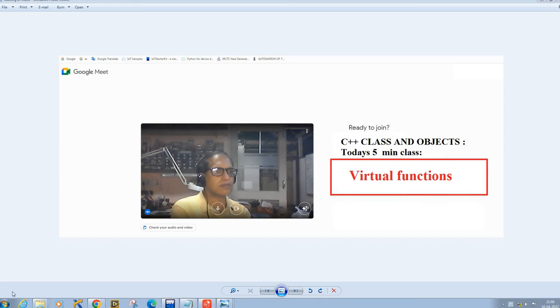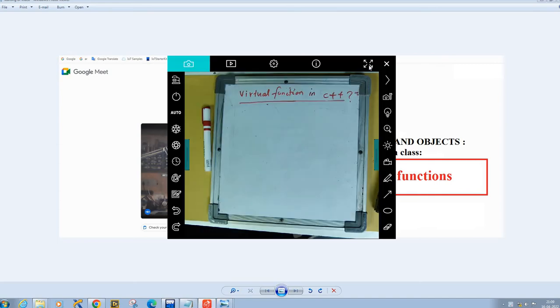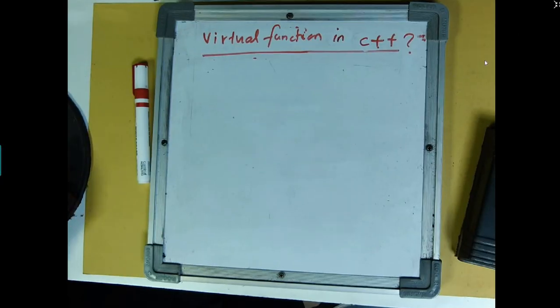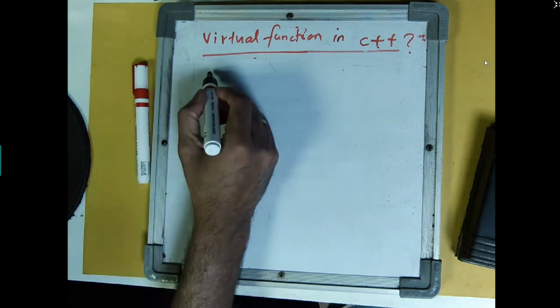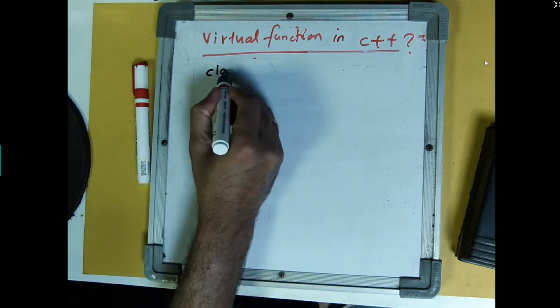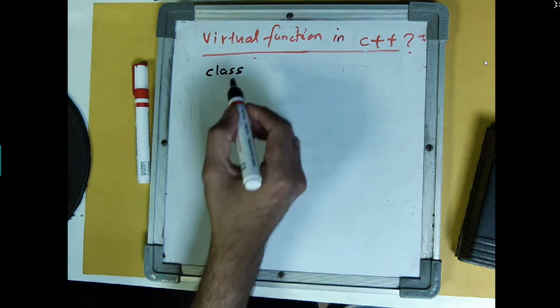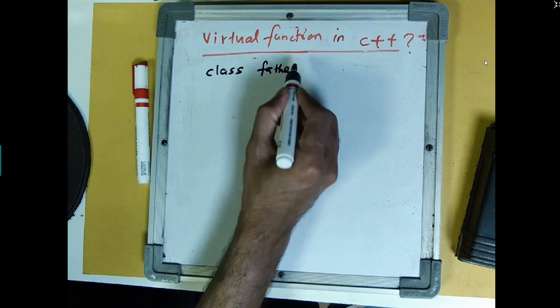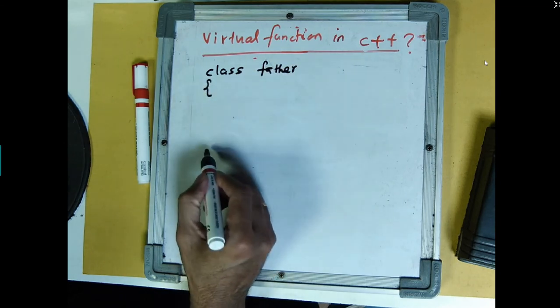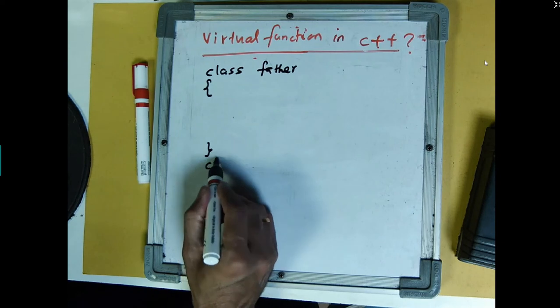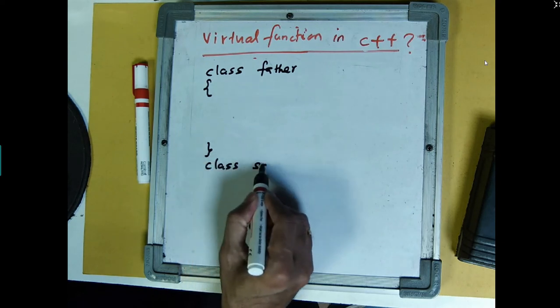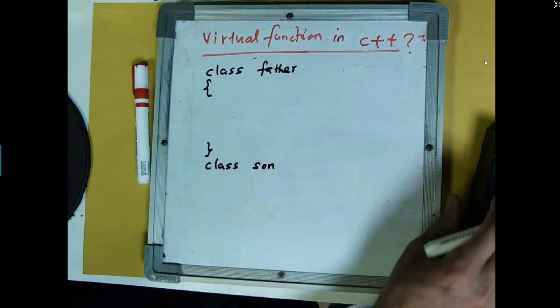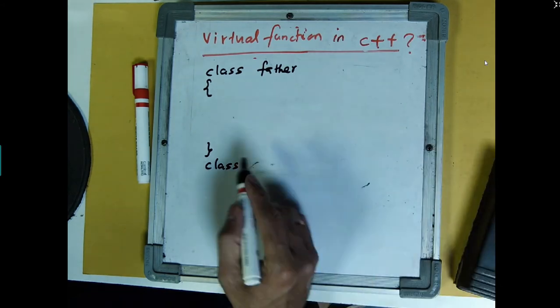Today let's try to understand what is a virtual function in C++. We have been discussing in our earlier videos that any C++ program begins with a class. Let's say we have a class called father and another class called son, or I would rather call it child,